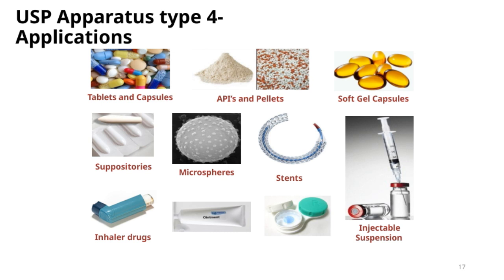Stents and microspheres, often used in targeted drug delivery, can also be evaluated with the USP apparatus type 4. Soft gel capsules and suppositories are other dosage forms where this apparatus plays a key role in quality control. Additionally, active pharmaceutical ingredients, or APIs, and pellets, these small, pelletized forms, are tested to confirm proper dissolution and release. Then, of course, tablets and capsules, which make up the bulk of oral medications, are routinely assessed using this apparatus